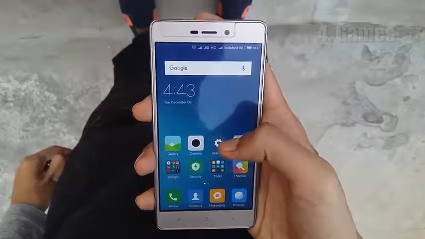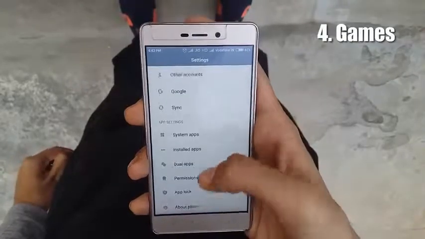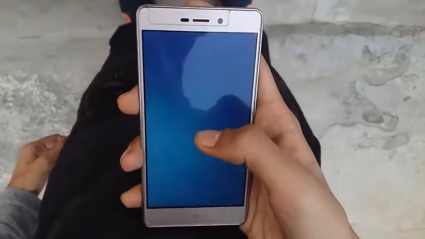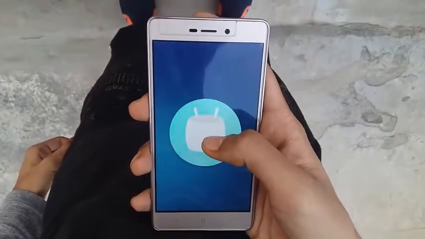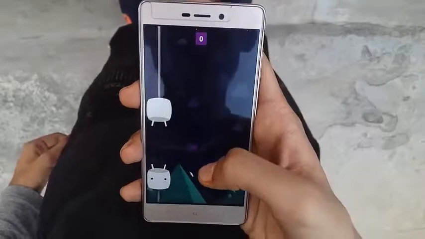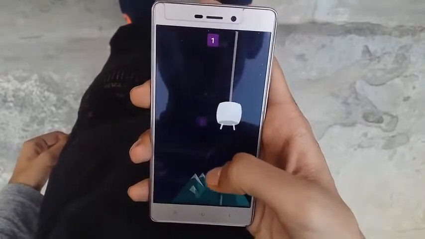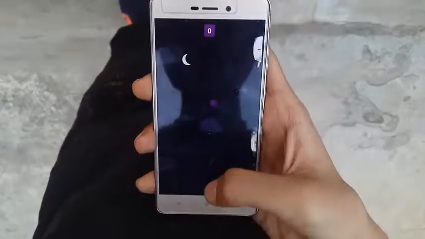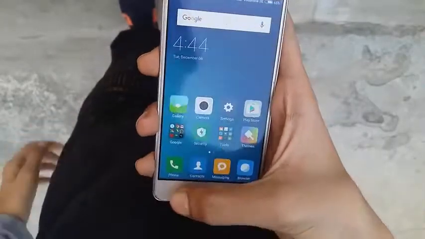So the next up we have is the games. In case you guys don't know, you have 3 games in your phone always, even though you haven't installed them. The first game is in the settings, about phone. Tap the device version several times. Eventually you will be presented with the on-screen lollipop or marshmallow, depending on your operating system. Continue to repeatedly tap the center of it and the game will launch with the Android theme makeover on it.